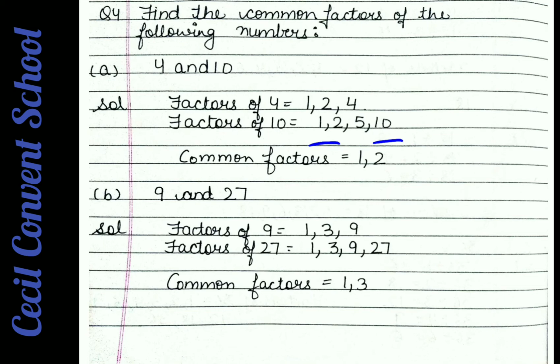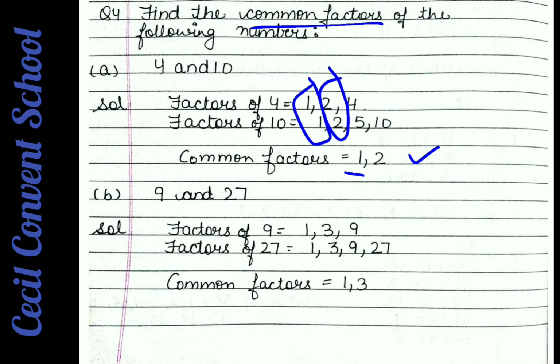Now the question is to find the common factors. It is the same as multiples. You have to see which numbers are common. 1 is common in both the numbers, so you write 1 here. Then you see 2 is common in both the numbers, so you write 2 over here. So these are the common factors. Clear? Now we will write down